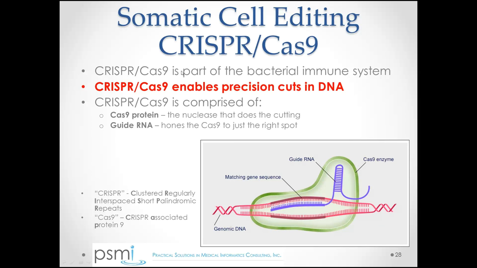So CRISPR is part of the bacterial immune system. It was discovered in bacteria, and a couple of very smart people quickly realized its potential applicability for genetic engineering and for human trials. At a high level, the most important thing to know about CRISPR-Cas9 is that it enables precision cuts in DNA. That's the main thing I want you to take away from this discussion. You have this genome with 3 billion base pairs, and you may want to make one little cut way over here, and CRISPR, at least with some caveats that we'll talk about, enables you to target your cut